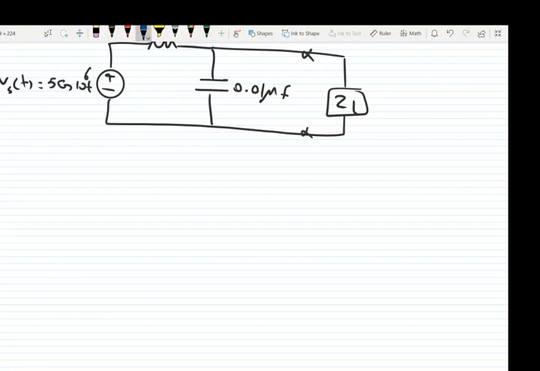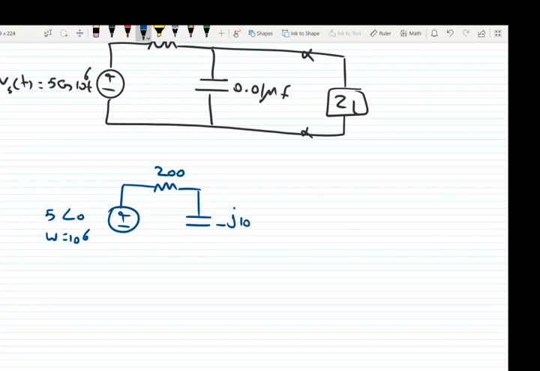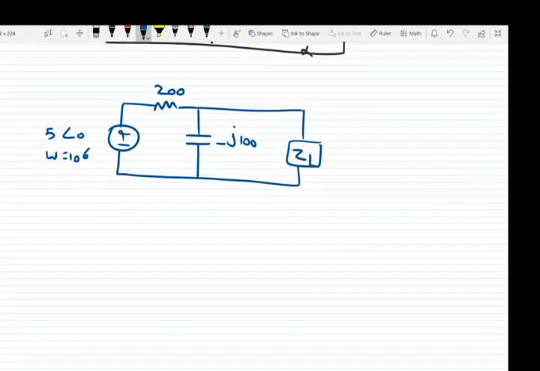So in phasor we will have this circuit, 5 with the angle of 0, omega is 10 to the power of 6, 200 ohms resistor, negative J 100 ohm capacitor. We have ZL, and here is the circuit. So what we need to do now at the first step, we need to find the Thevenin equivalent seen from